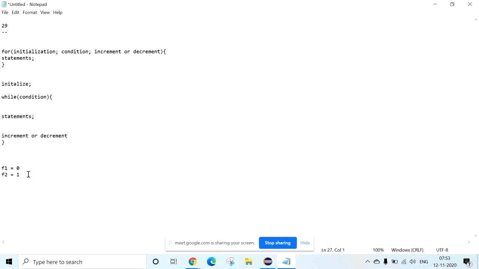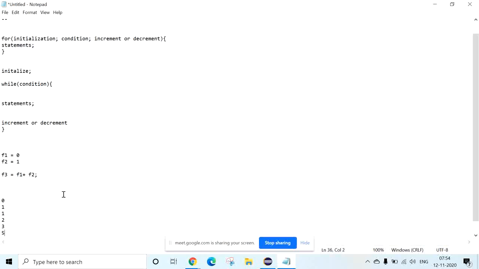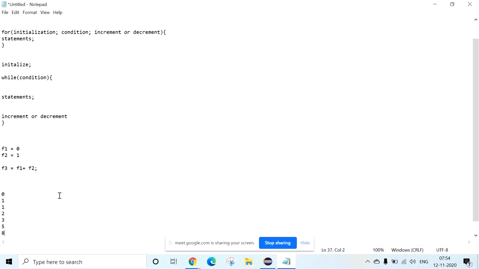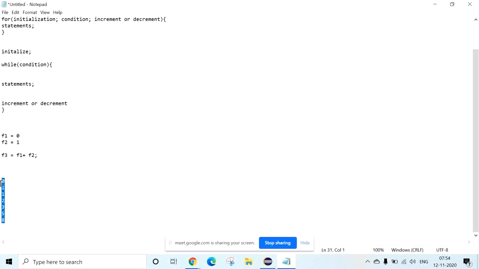Now F3 equal to F1 plus F2, which means each Fibonacci number is the sum of the last two digits.